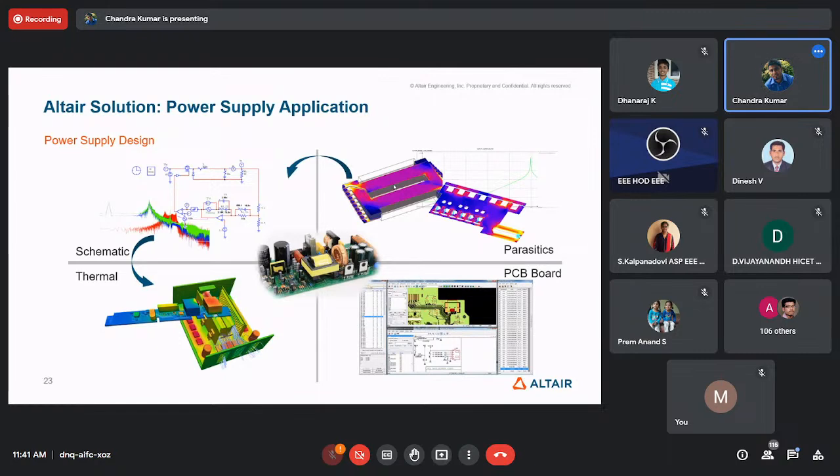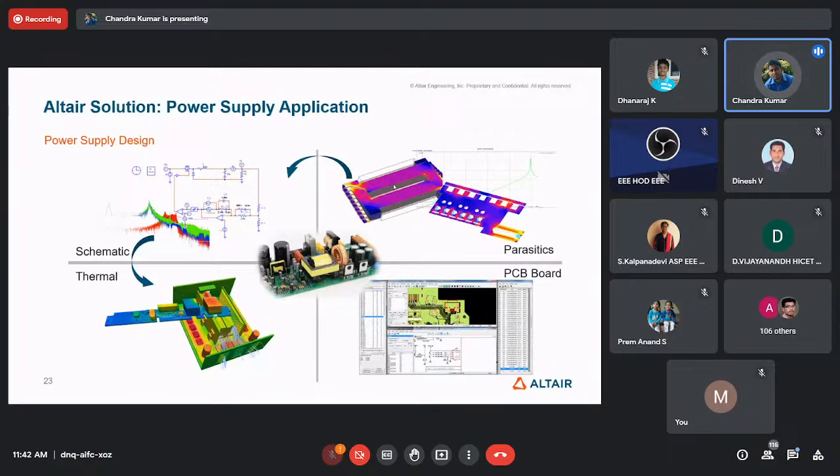Okay, fine. So regarding the power supply as an application, if you look at an electric vehicle, there are different subsystems like vehicle control unit, engine control unit, onboard charging stations, and so on. Power supply plays a major role, whether we have low voltage, medium voltage, or high voltage range, depending upon the capacity. So power electronics is there in almost all the subsystems. Being an EV, it is the main primary driver. Basically, it converts your battery input DC to AC to drive your motors and also the controllers.